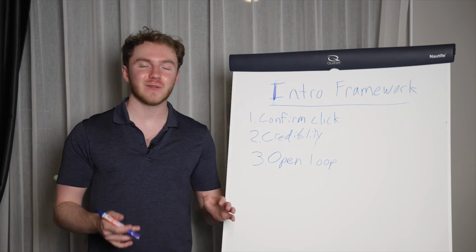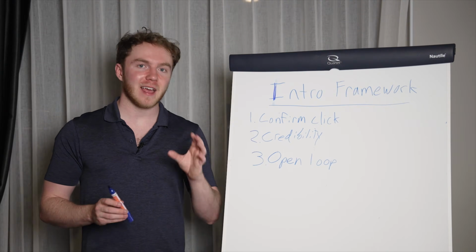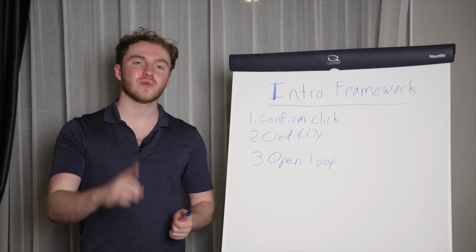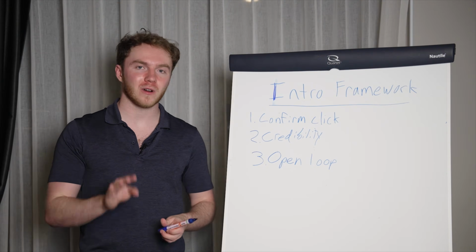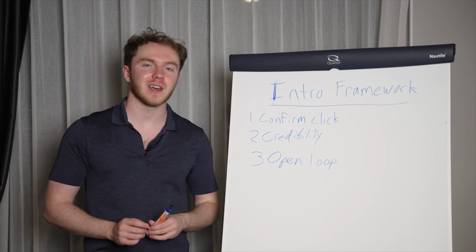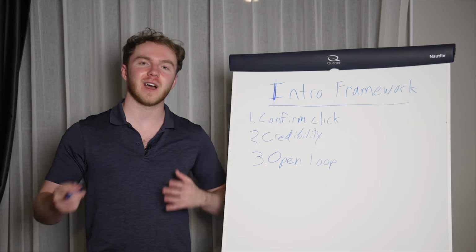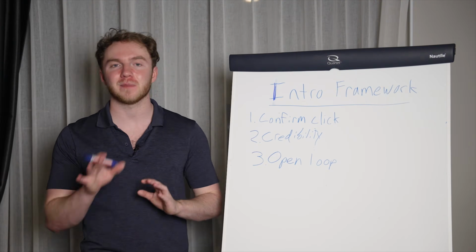It's one of the ones that I leverage in every single script that I write. And in this video, I am going to show you how to leverage it throughout the entire body, but it's extremely important. The most important part of open loops is doing one in the 3rd line of the intro. Now you can do it before, you can do it later in the intro, but I usually find the 3rd line is the best place to do it.